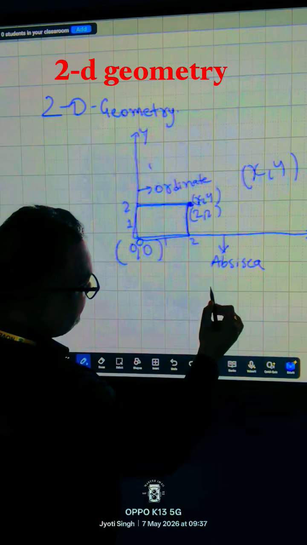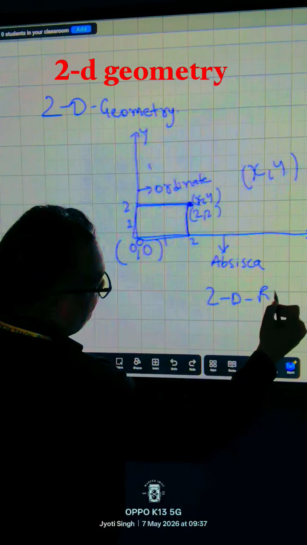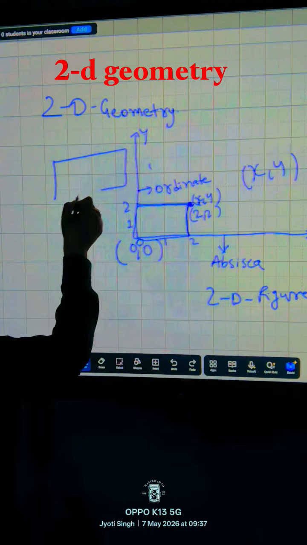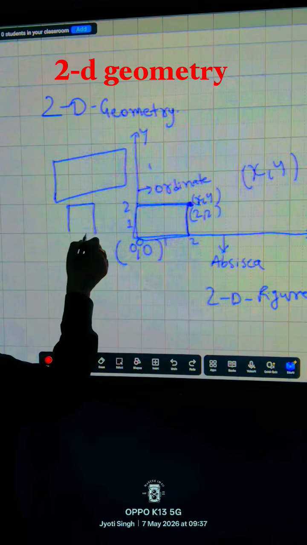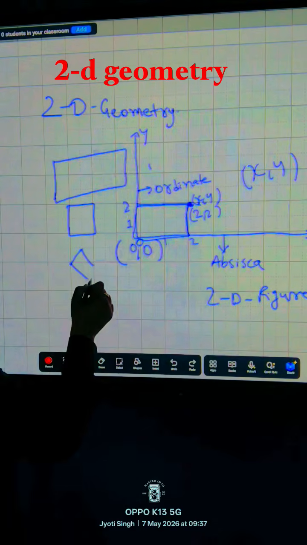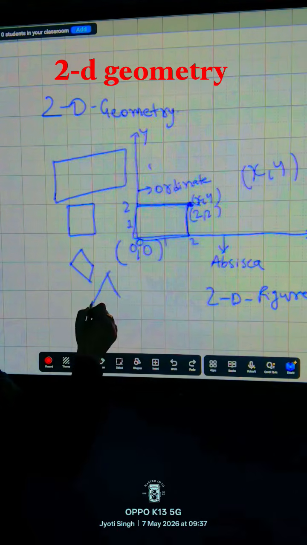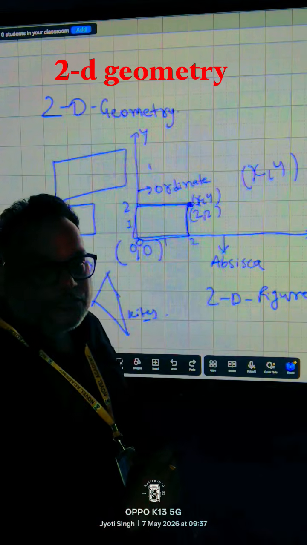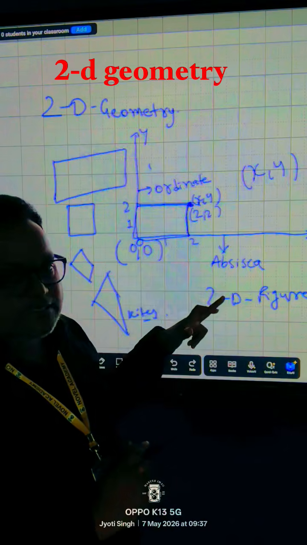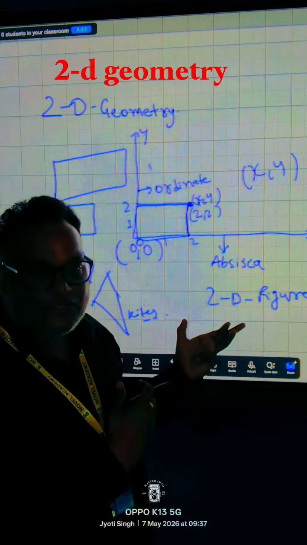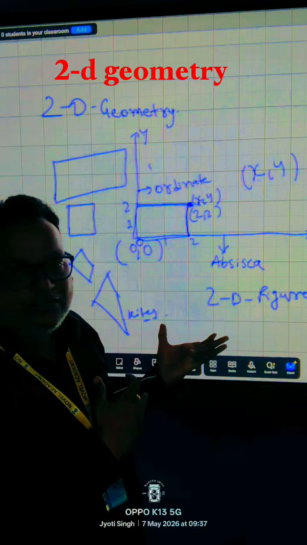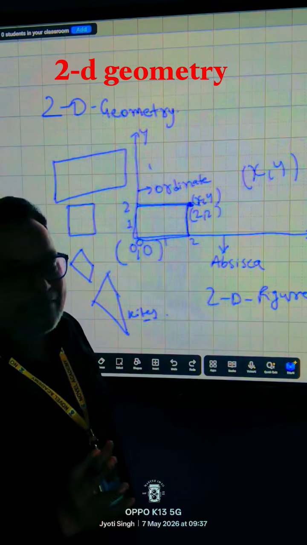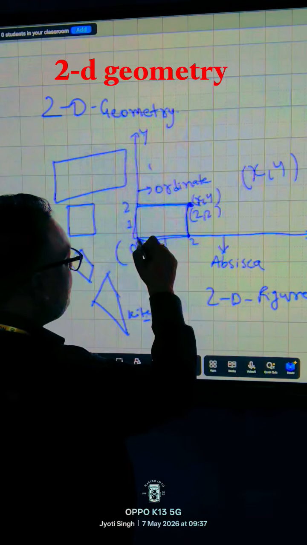So 2D figures are rectangle and square and rhombus, and more we have kites. So due to this ordinate and abscissa, it is called a coordinate, which denotes the point of x and y where all these points lie and its form. So when we come to rectangle, then we have 4 points and it is termed as